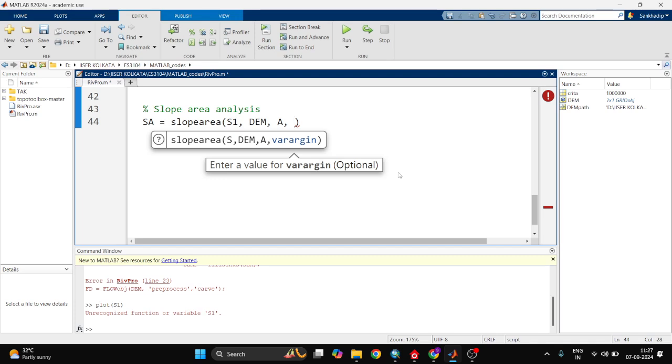So if we fix theta to a constant value, then our chi is independent of this exponent. It is now simply a function of slope and area. When we fix theta to a definite value, then instead of chi s, we will call it chi sn, the normalized channel steepness. Now we will calculate the normalized channel steepness by defining a theta value of